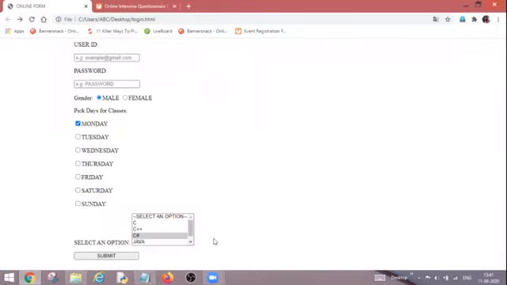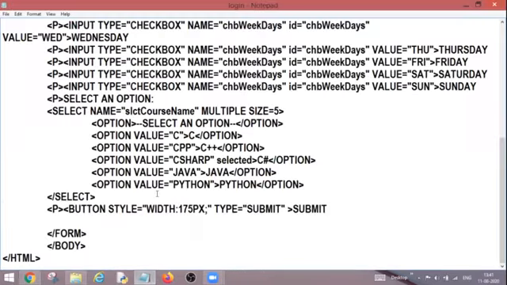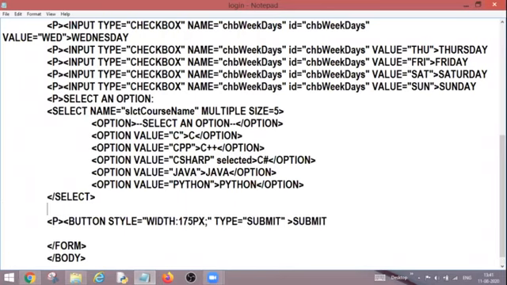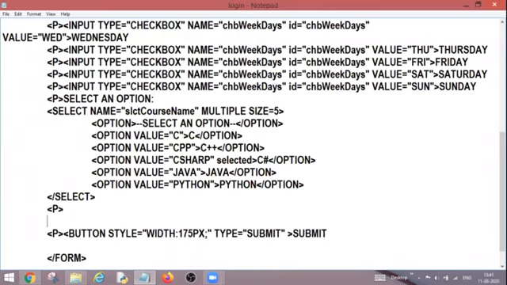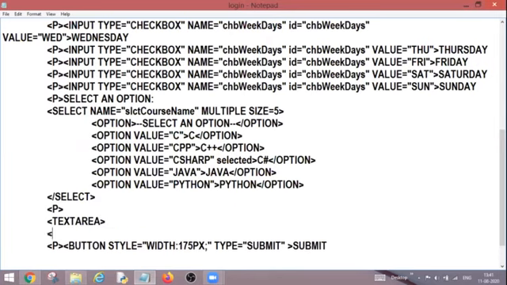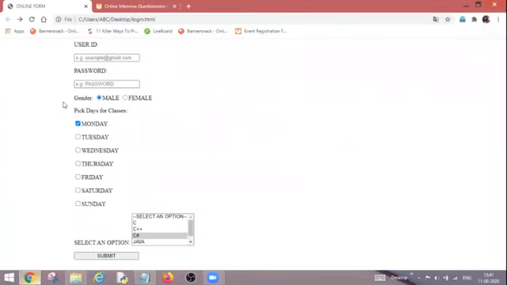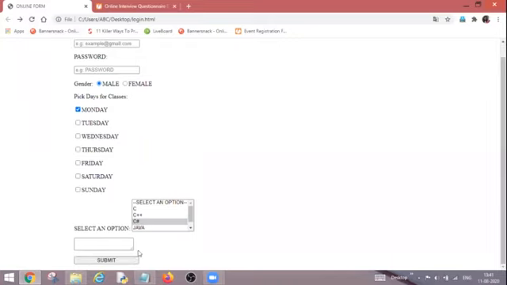This is a form which we have created and this is the coding for the same. Now here I'm going to add one p tag so that I can start writing my text area. So this is the textarea tag, and because my textarea tag is a pair tag, I will be opening it and closing it as well. Now press Ctrl+S, go back and refresh. As you can see at the bottom, one text area is added. And because I told you that this is resizable, I can resize it according to my wish.